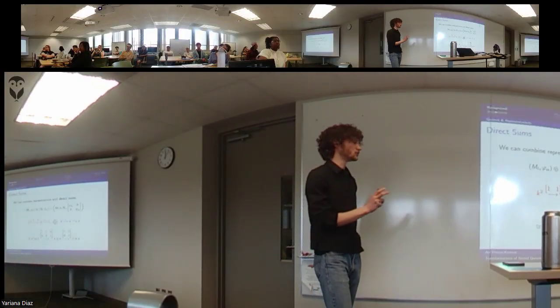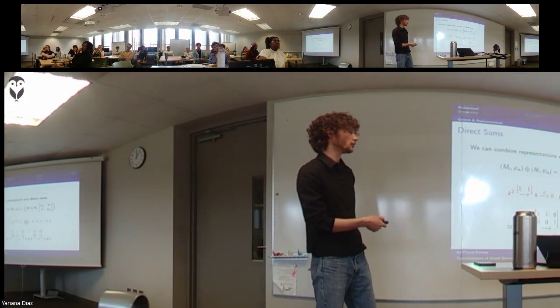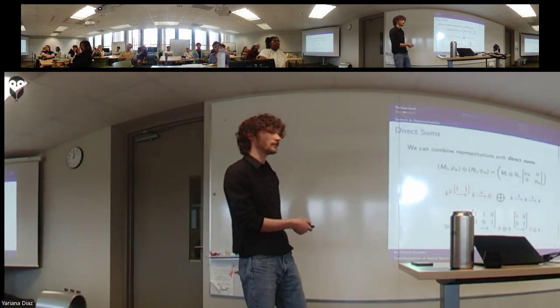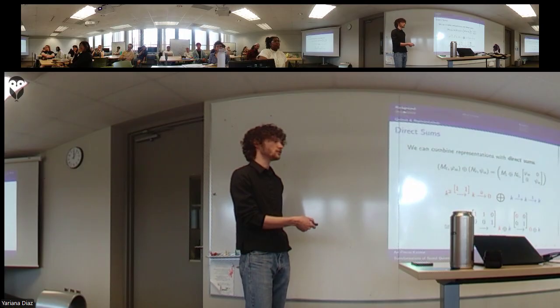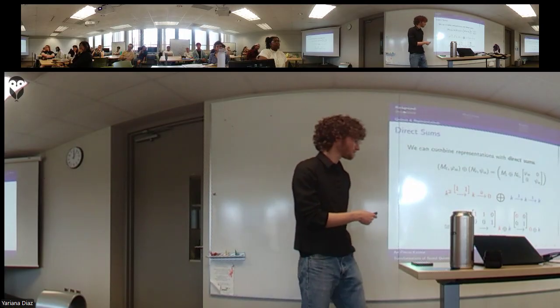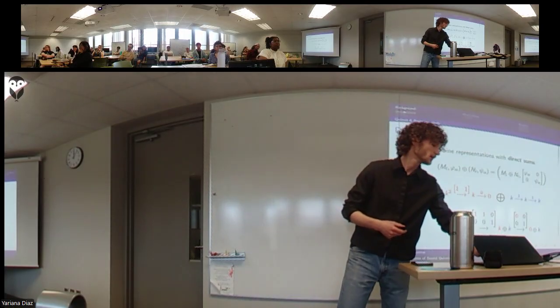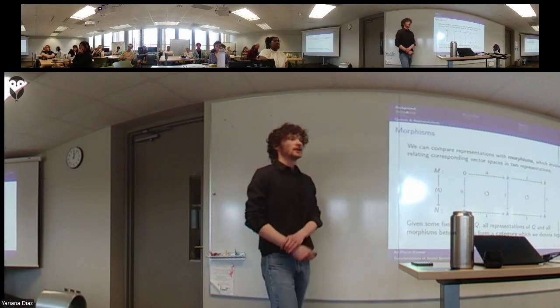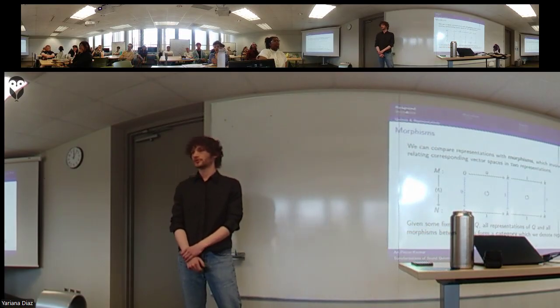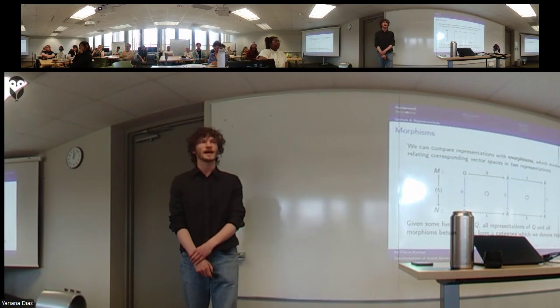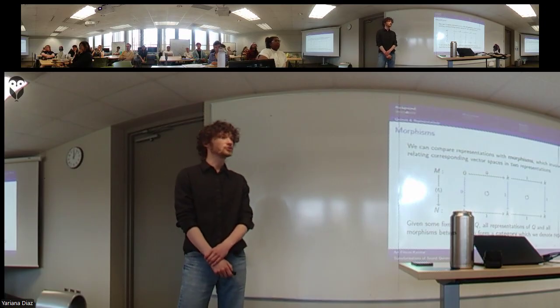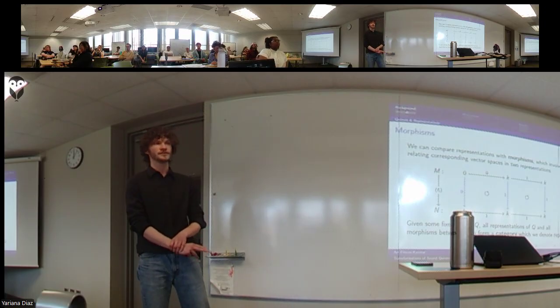There's a little bit of a redundancy here. We can remove this row of zeros from this matrix and we can combine these down to make this a 3-dimensional space and a 2-dimensional space and a 1-dimensional space. And generally we'll just skip to that step of it. If you give me a pair of representations, a common question that we might ask is how they're similar and how they're different. And the tool that we use to distinguish these similarities and differences, these things called morphisms of